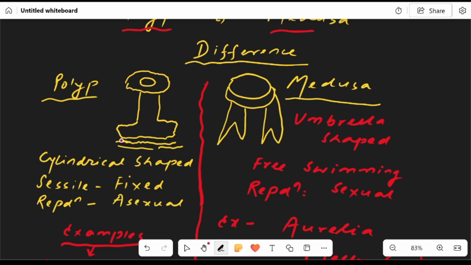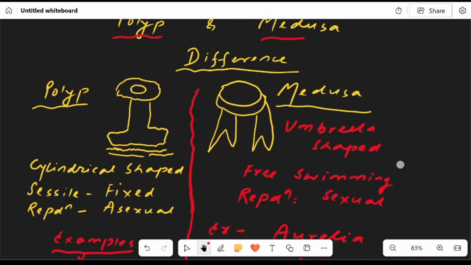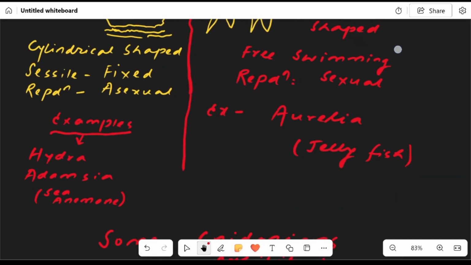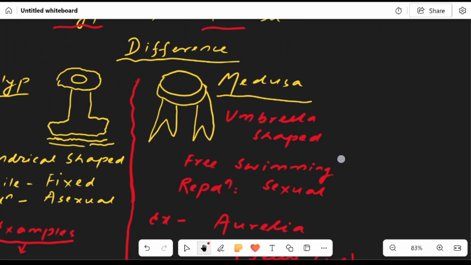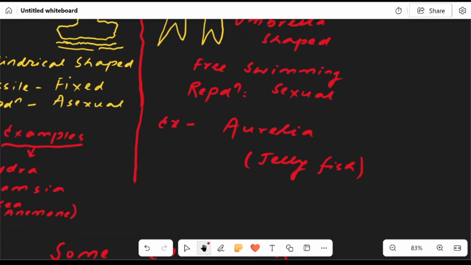Sessile, it is fixed here, and reproduction is generally asexual. Medusa is umbrella shaped, free swimming, and reproduction is sexual. So polyp: cylindrical shaped, sessile, reproduction asexual. Medusa: umbrella shaped, free swimming, reproduction sexual. Examples of polyp form are Hydra and Adamsia, also known as sea anemone, and of medusa, the example is Aurelia or